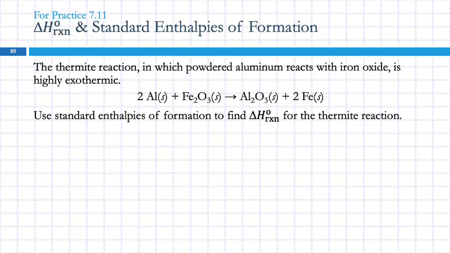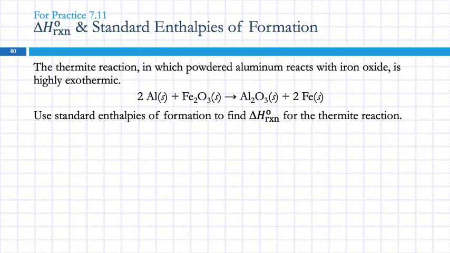The thermite reaction in which powdered aluminum reacts with iron oxide is highly exothermic, rather spectacular to watch. Use standard enthalpies of formation to find the standard heat of reaction for the thermite reaction. So